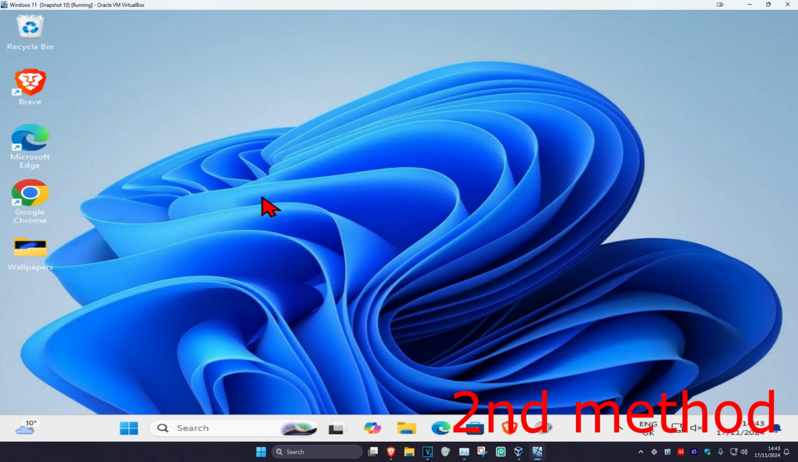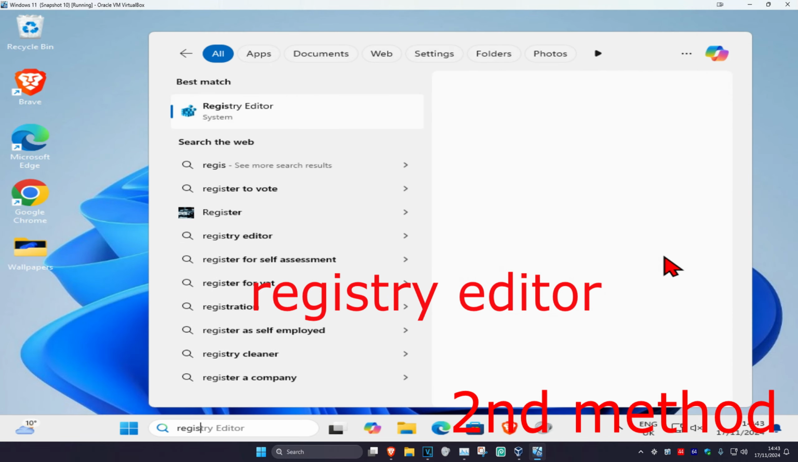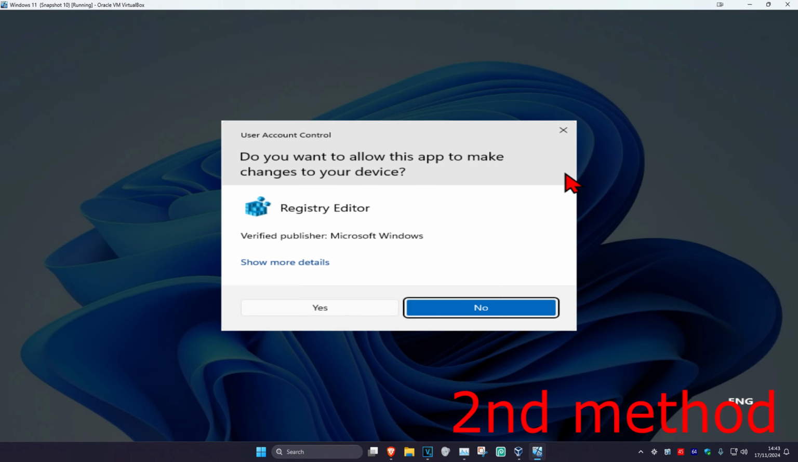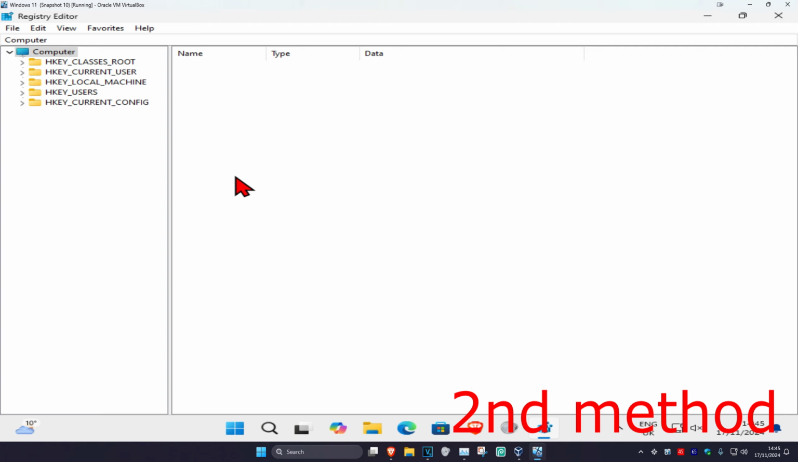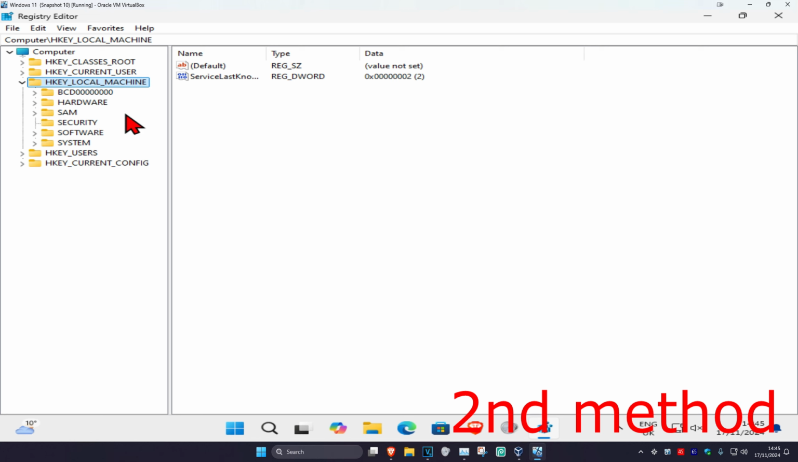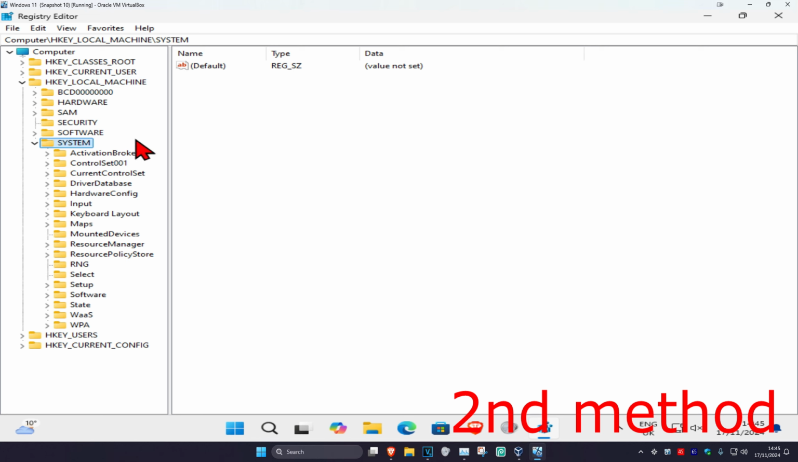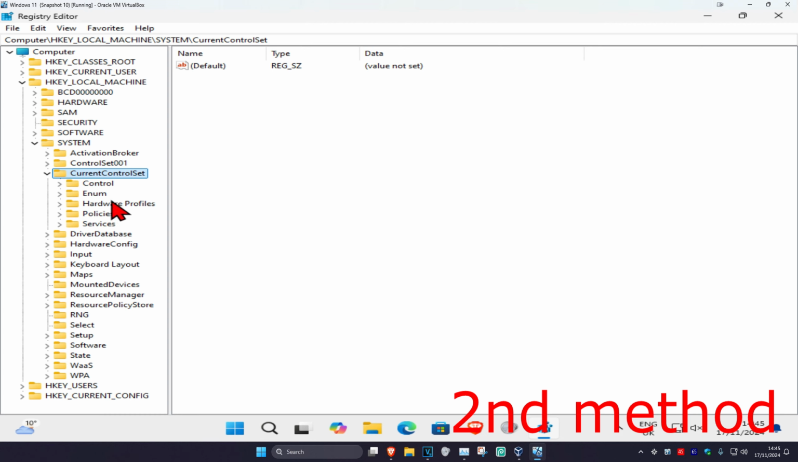However, if you're still experiencing problems with the Microsoft Store, now we're going to head over to Search and type in the Registry Editor, click on it, and then click on Yes. And then once you're on this, you want to follow everything that I'm doing up here. So first you want to expand HK Local Machine, then you want to expand System, then you want to expand Current Control Set, now you want to expand Services,